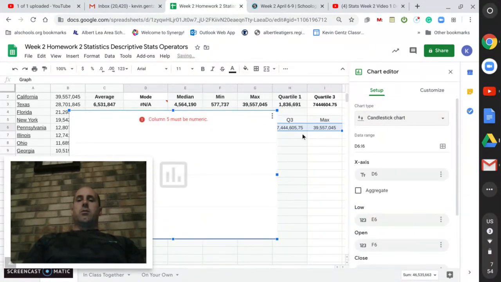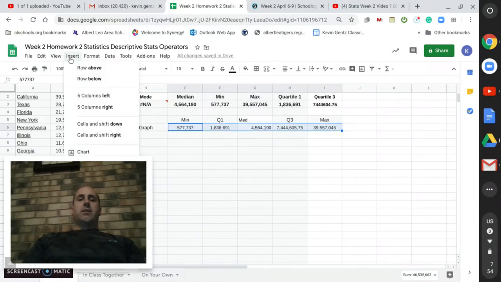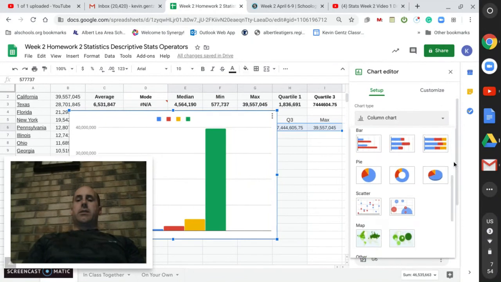Candlestick chart. Oh, it's still angry. Delete that guy. I'm going to try one time again. I'm just going to select this data and instead of graph and see what I get. So insert chart, and we are going to go down and select the candlestick one,